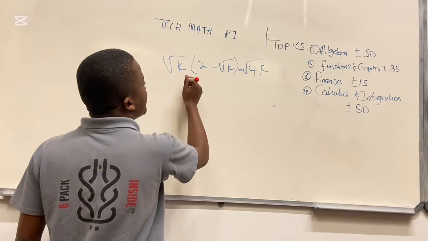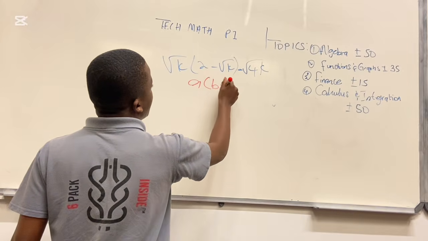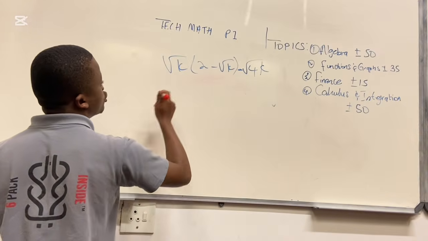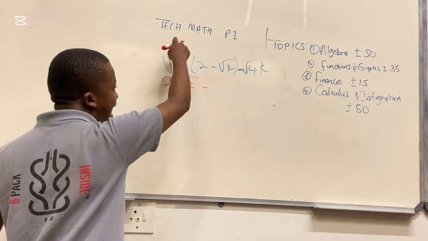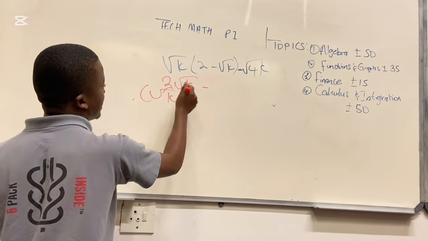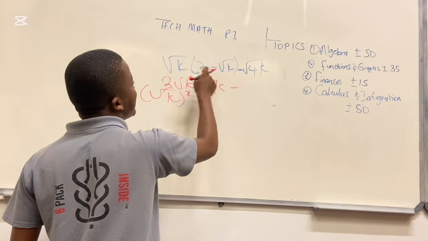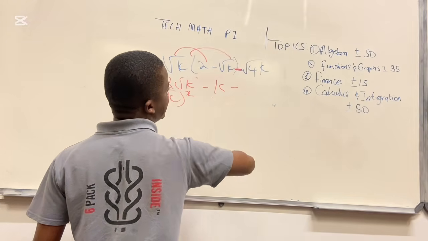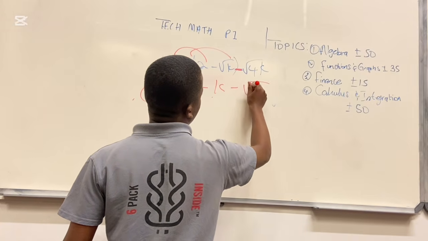What is going on here? This is the distributive law. It's like saying b times b minus c, distribute inside. Then what do we get? We have 2 square root k minus square root by square root. This cancels this, so we are left with k. Then minus, the sign is there and goes minus, we have 4 square root of 4k.